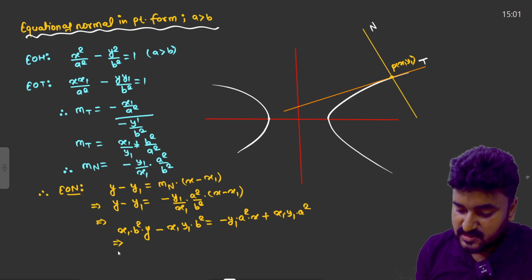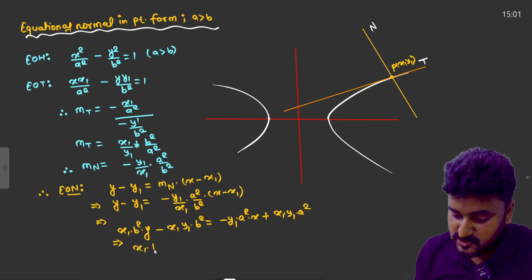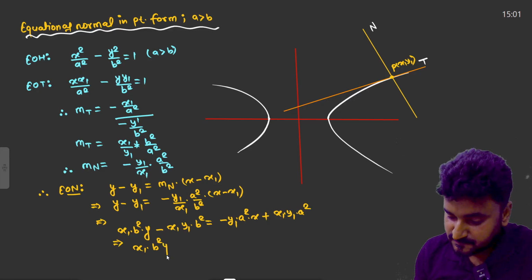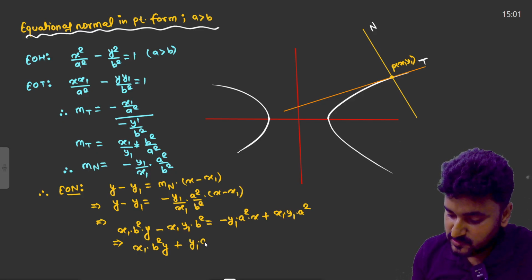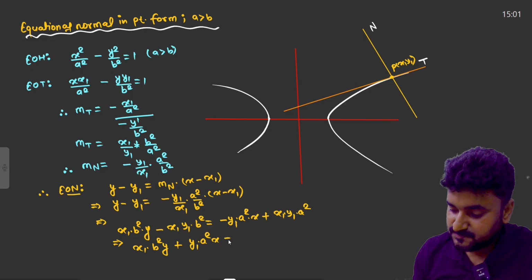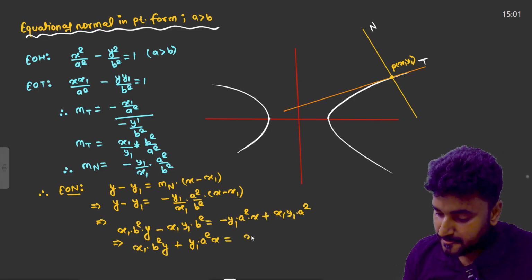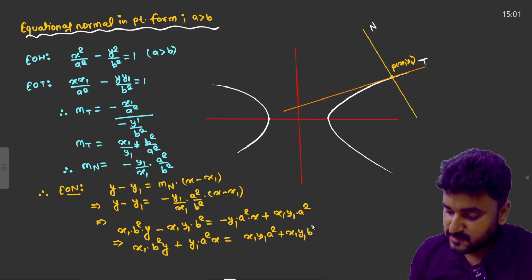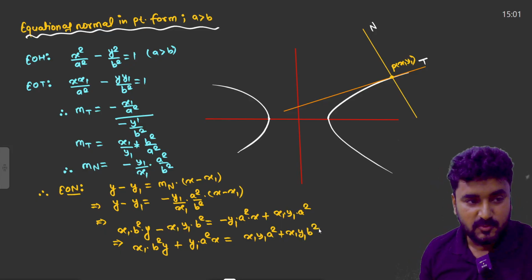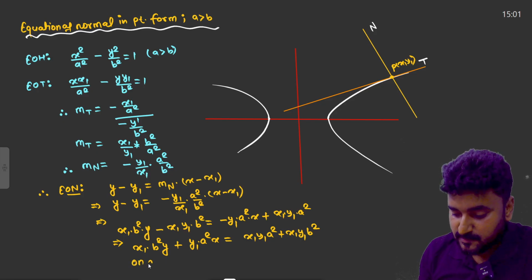So I can see this is x1 into b square y, plus this term I am going to send to the left side, y1 into a square x equals x1 y1 a square plus x1 y1 b square, and after that I am going to divide by